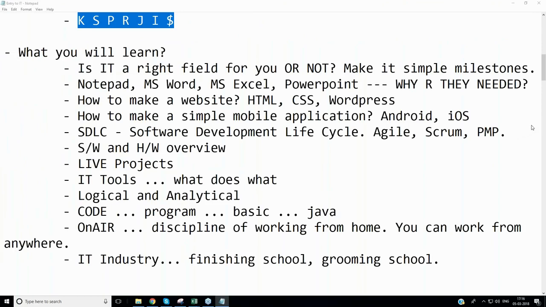I've got so many of you, not a single message. What is KSPRJI? I will not move forward till I get the answers from everyone in this audience. The one who does not have an answer will say, I'm sorry, I don't have an answer. Everyone else, team, who does not respond, I will have to let you out of this session. I'm going to right click on your name and let you go.